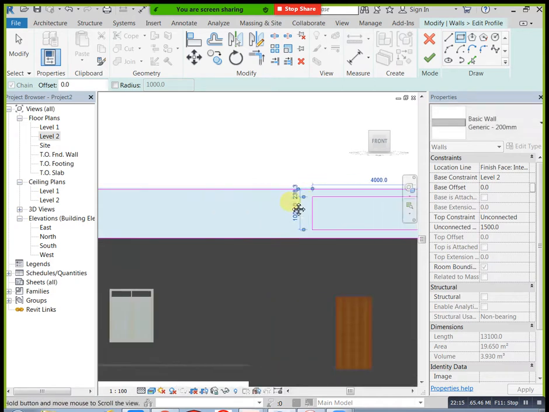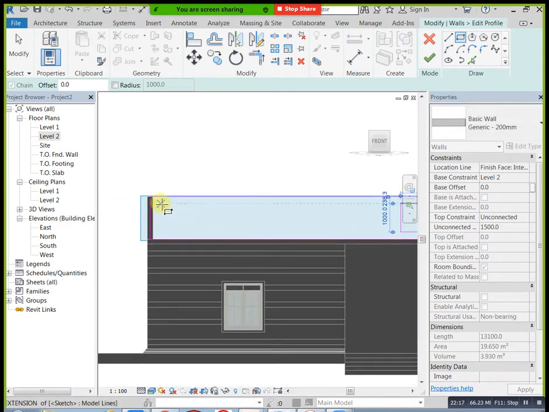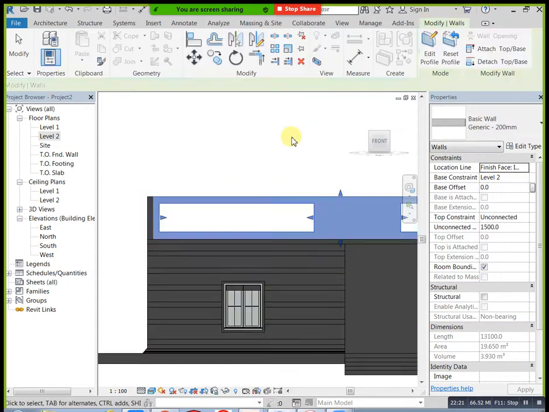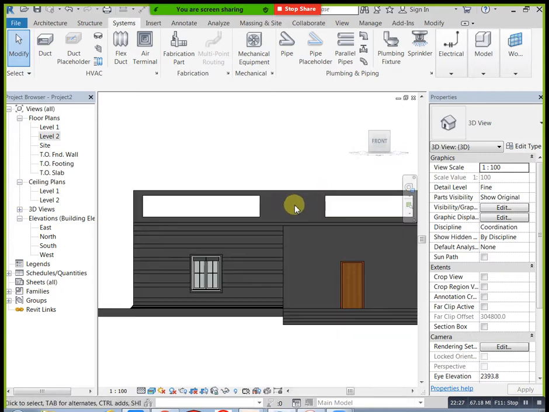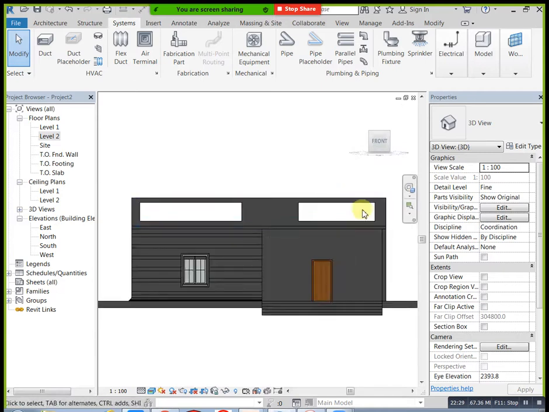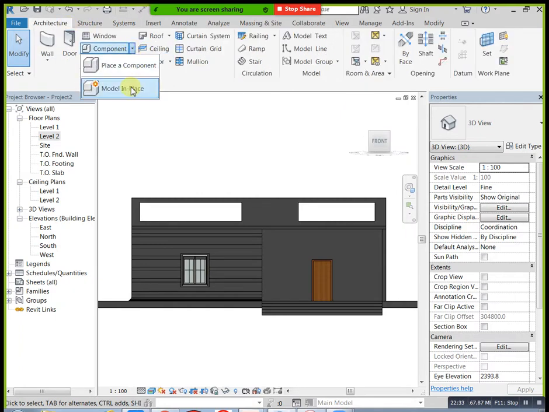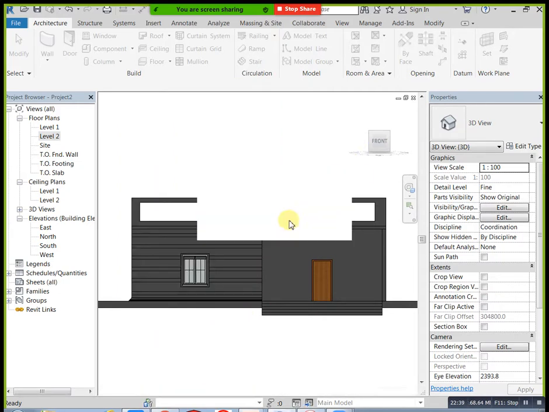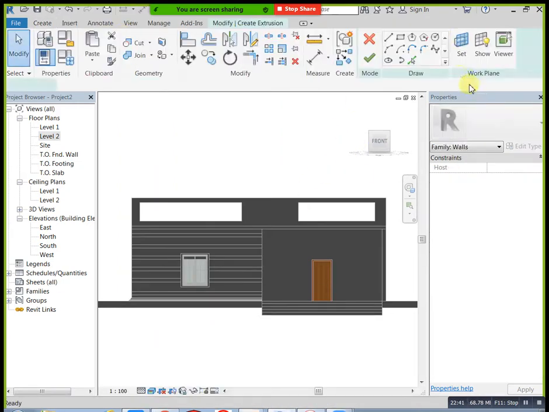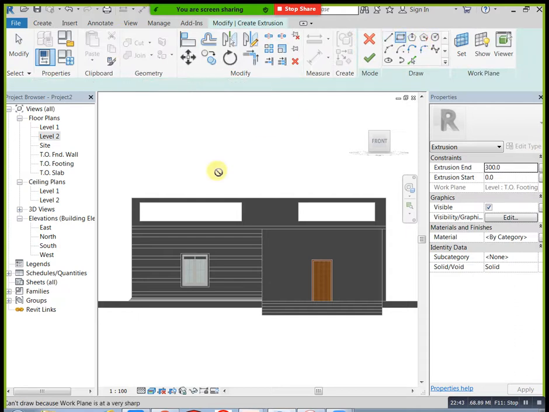Means just go to architecture, model in place, and walls. Okay, extrusion. If you need circular or rectangular, present I need rectangular. First of all you need to select your plane, pick plane. Okay, then you can select 3D.